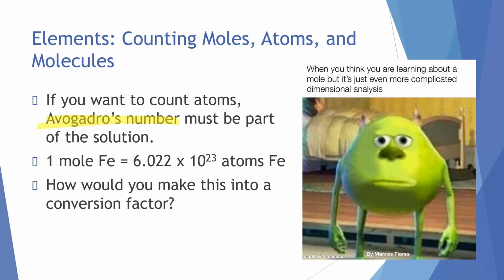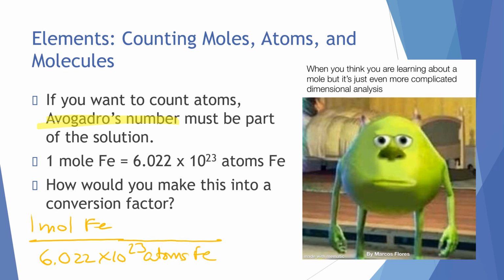So how can you write this out to be a conversion factor? So like before, 1 mole of Fe or anything over 6.022 times 10 to the 23 atoms of Fe, or you can flip it over to be 6.022 times 10 to the 23 atoms of Fe